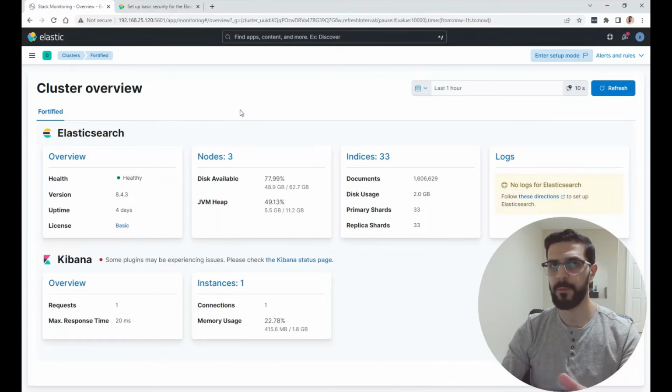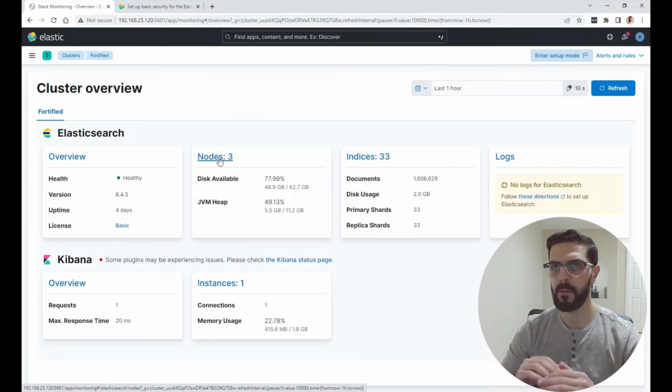This will not show any difference here on Kibana, but now we have secure communications with the newly created certificate